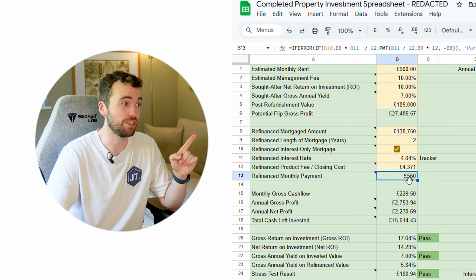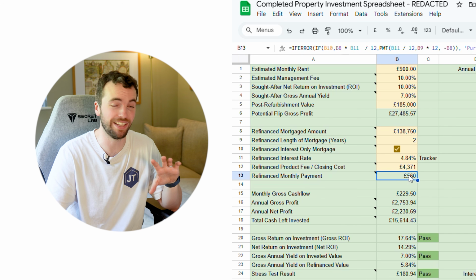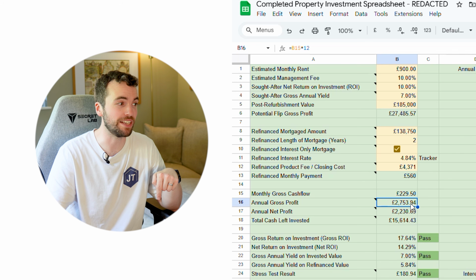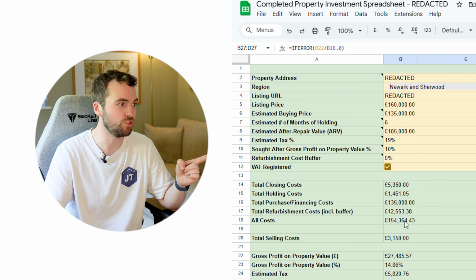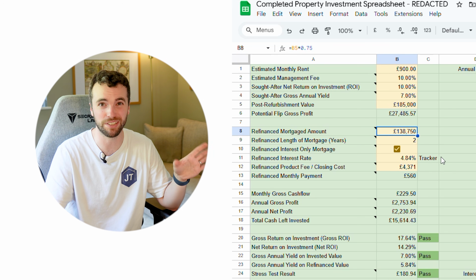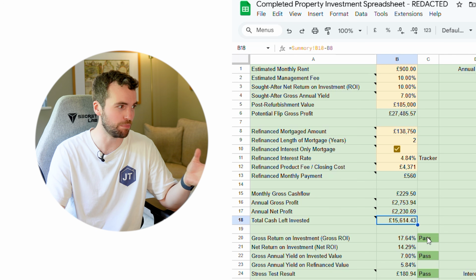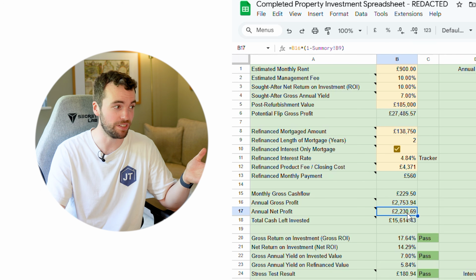So monthly, my gross cash flow, because of the rent, minus the fees, minus the insurance costs too, minus the monthly mortgage payment, should be £229.50 back in my pocket gross. And annually, that's £2,750-ish. Applying tax to that, that's £2,230. And for the total cash that I've left invested in this property, by total cash left invested, I mean the £154,500 I spent, minus the £138,750 I am mortgaging back out. That leaves £15,000 of my own money in the property, but I'm getting £229.50 a month gross, £2,230 a year net,